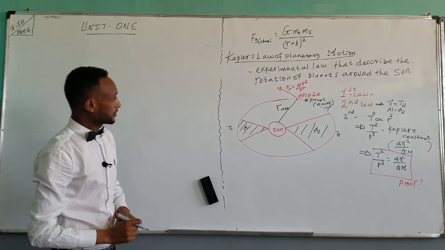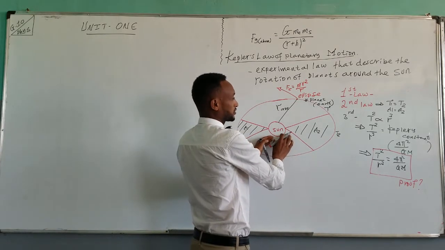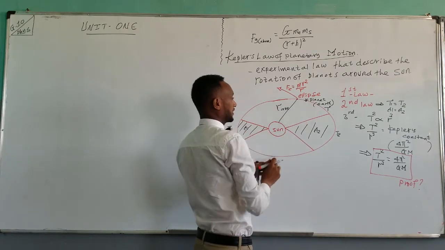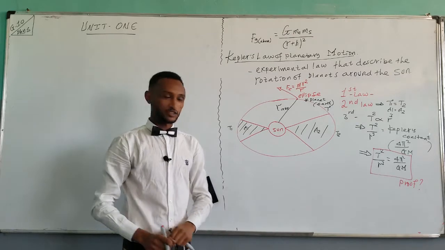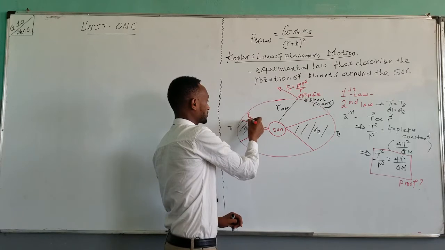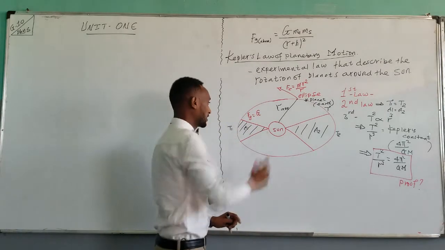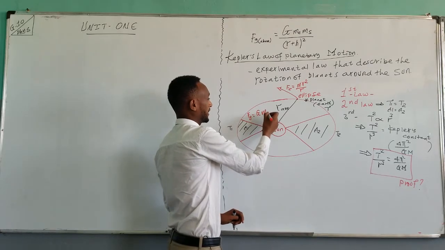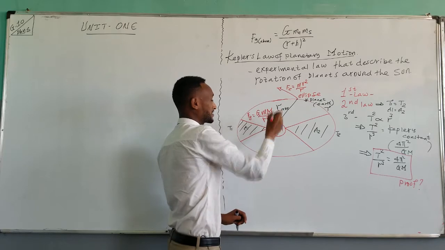Also, between these two massive objects, the sun and the planet, there is an attractive gravitational force, which can be represented by the gravitational constant times the mass of the planet, the mass of the sun over the distance squared between them,